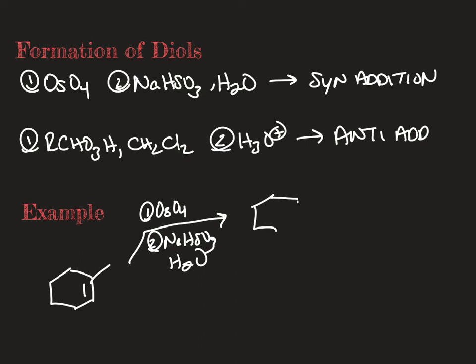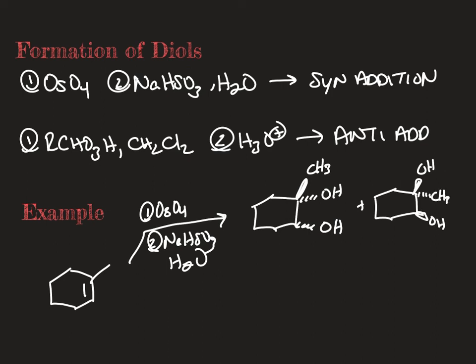syn addition, that means that both of the alcohol groups are going to be on the same side. So if my methyl is forward, both alcohol groups will go back. Again, I've got chiral centers, so both alcohol groups could add to the front instead. So both are options. If I want the anti-product,